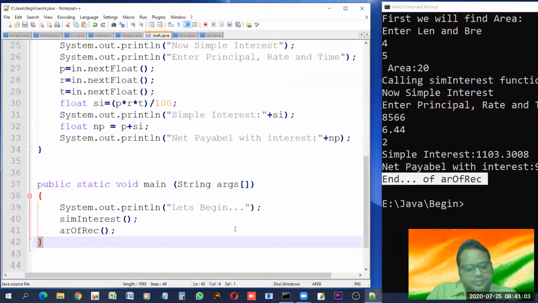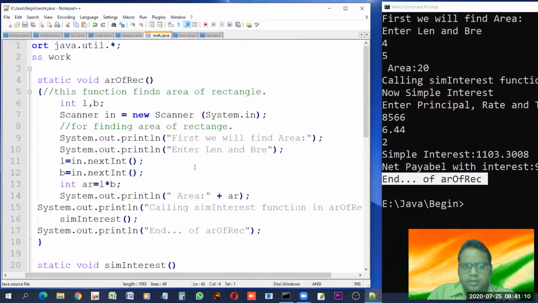We can think about a function or procedure in this way. Take an example of a colony where a lot of people live.